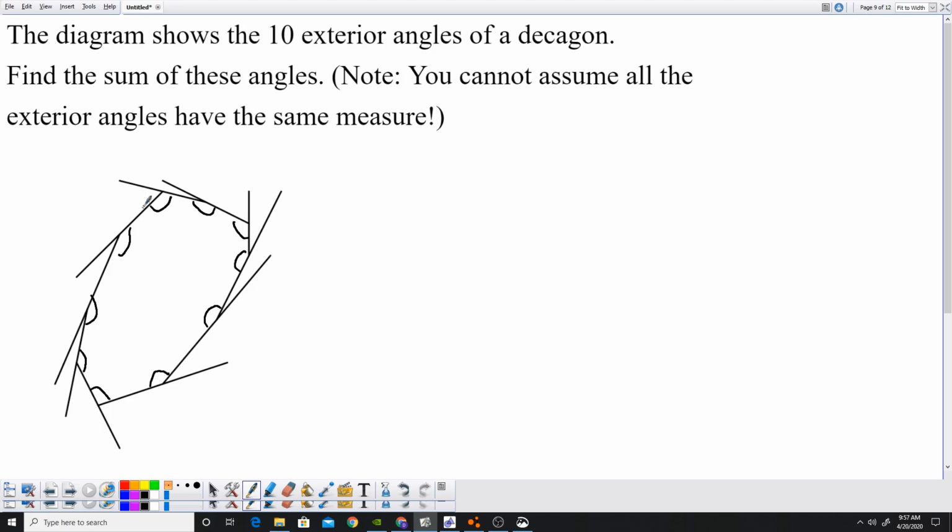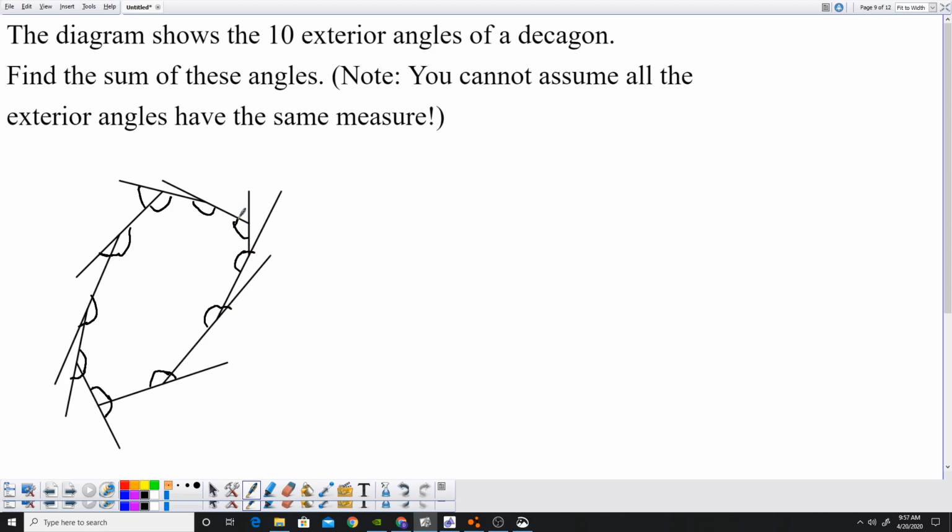Well, if I look at each pair of exterior ones, like this one here, I notice that it's making a straight line with the interior angle at this spot, meaning that they would add up to 180. Same thing with this exterior angle here. If I combine it with the interior, it has to be 180. And I can do this with every pair that we have. So, all in all,